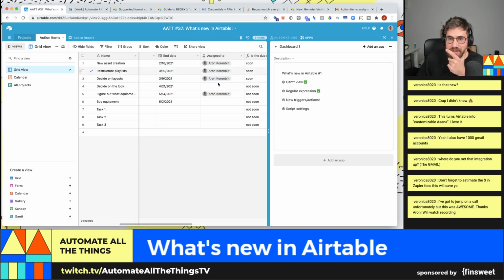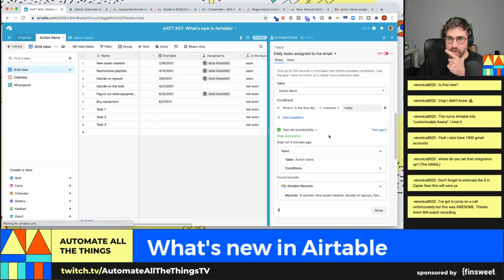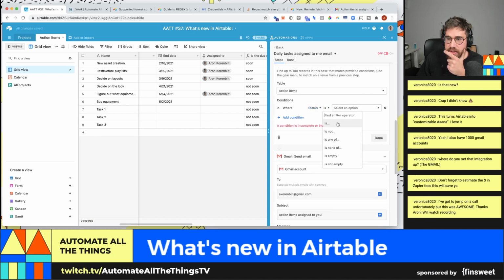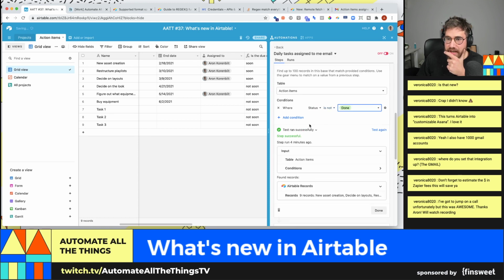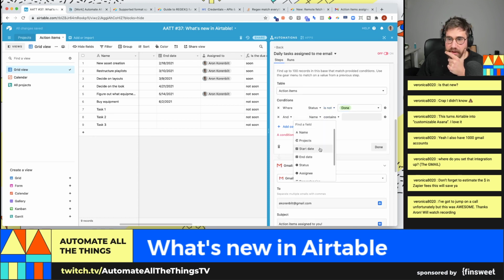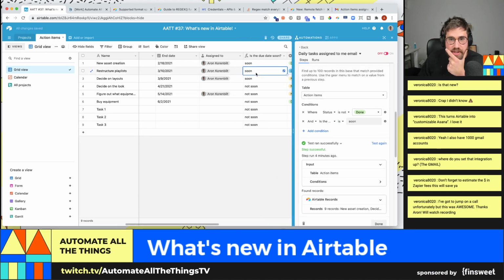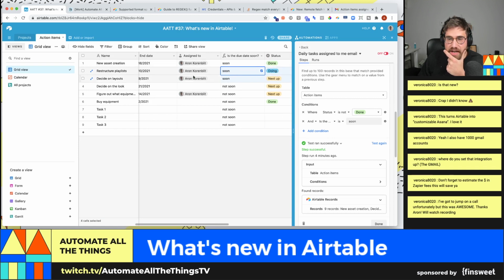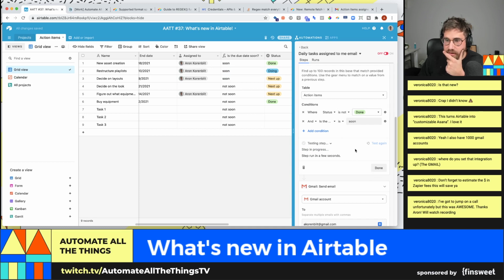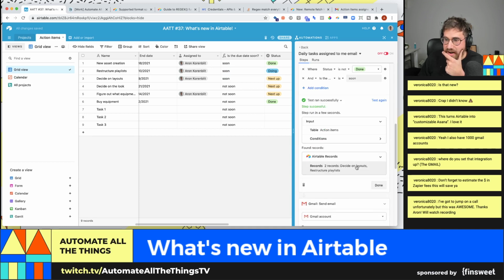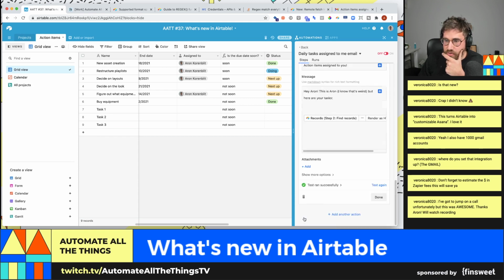So what we're doing here is we're saying, okay, well, go into automations, and we're going to change. So where status is not done, and where is the due date soon is soon, right? So that should give us these two, which are saying the status is not done and the due date is approaching. Let's test that again. And then I have my two records, right? So then if I retest this